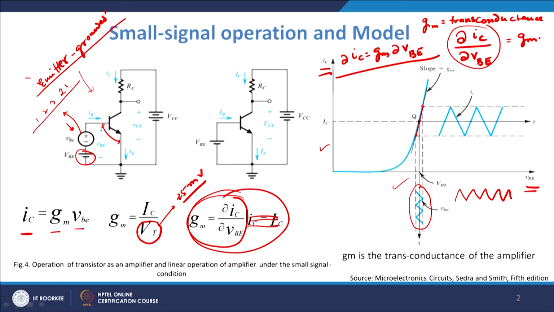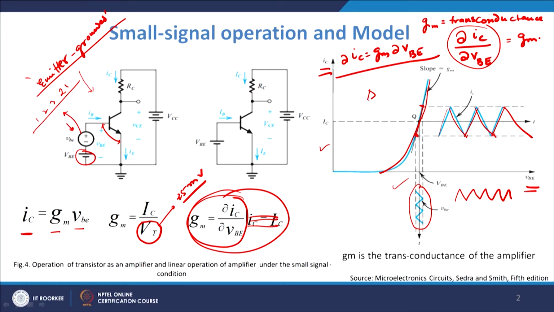So the maximum value is this and this. So we are still in the linear region of operation of the transistor. I get this to be the output, a triangular output waveform will be there. Now the slope of this curve, which you see,